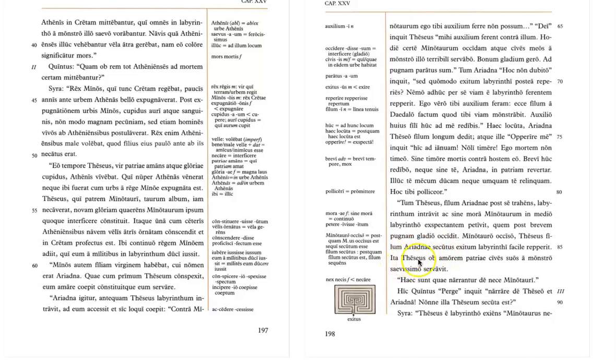And so Theseus, ob means for the sake of. And by the way, there's also some good notes over here for that last sentence. And so Theseus saved, servavit. Again, you've had enough Latin by now to know the verb's probably at the end, sure enough. And so Theseus saved